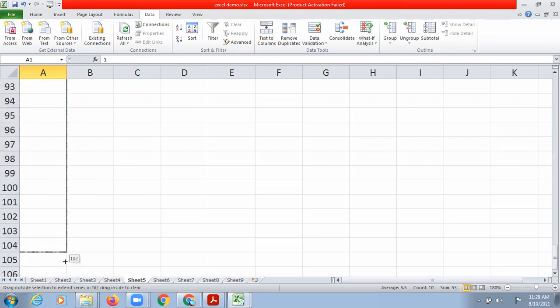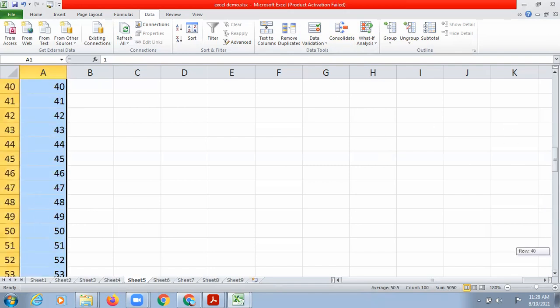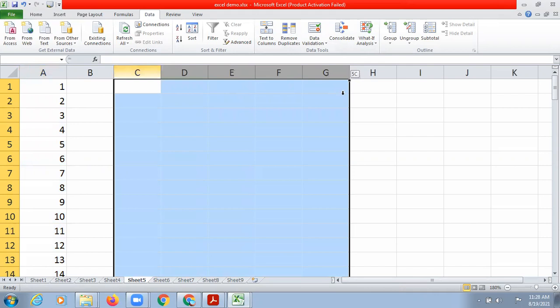We want the numbers till 100, so we can drag it till 100 like this. So it is an easier way. Autofill feature will help you to fill the series in any way. You can make a series of numbers, or you can make a series of anything horizontally and vertically also. Let's say now I have to write the table of 2 or maybe the table of 16.